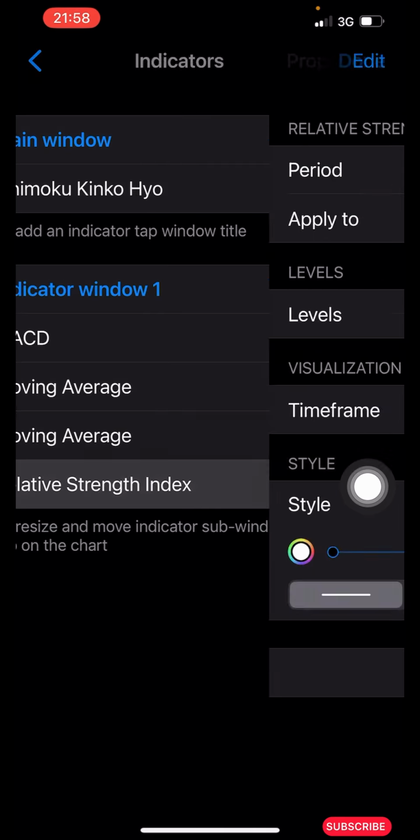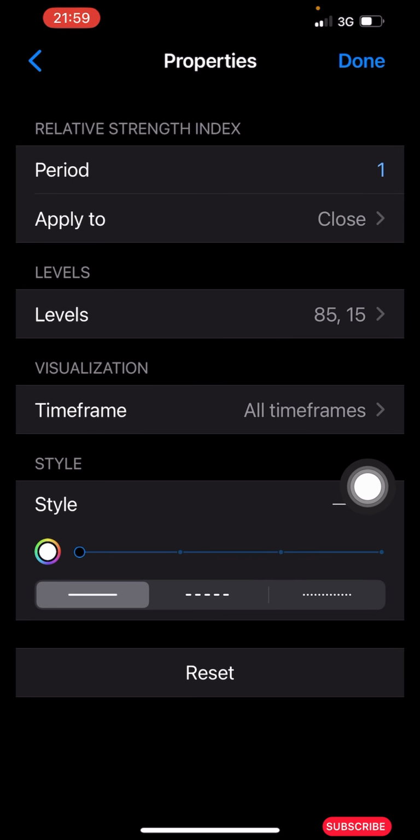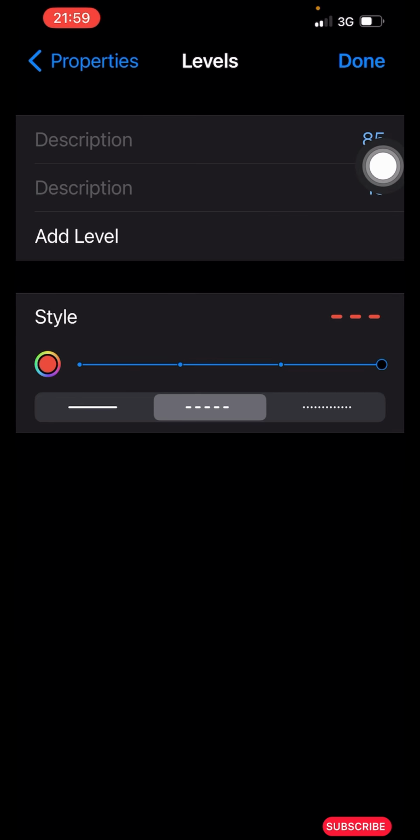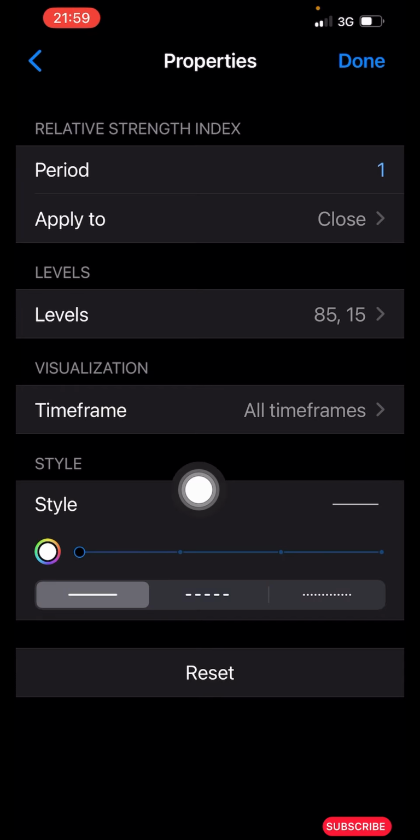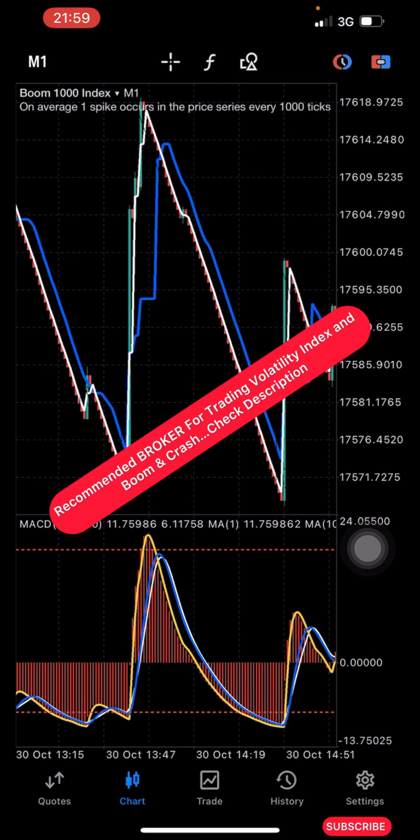search for your relative strength index, right? The relative strength index is for our levels, right? So the period is going to be 1, apply to close. The level, you make it 85 and 15, color red, 4 pixel. You click on done. Time frame is all time frame. The style, you make it color white, 1 pixel. You click on done. So once you have set everything correctly as I've just explained, you are going to have